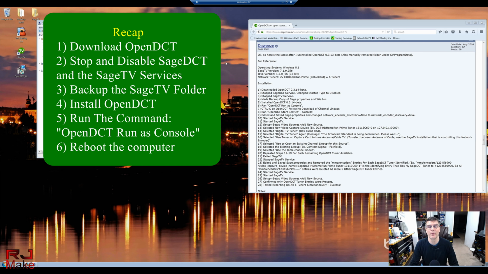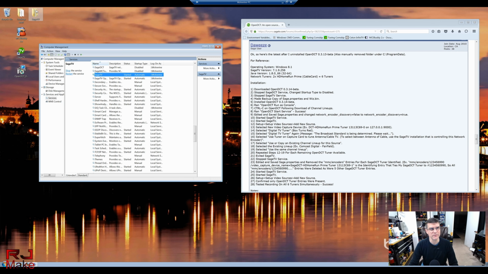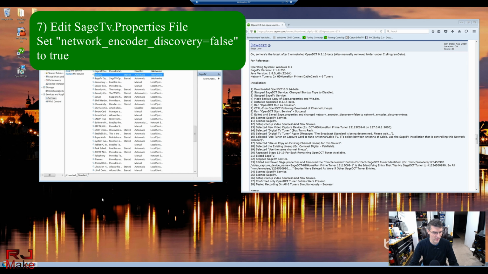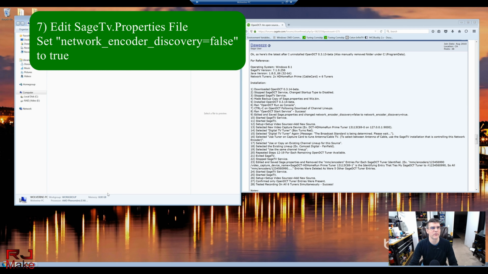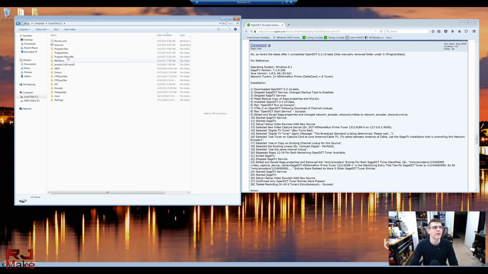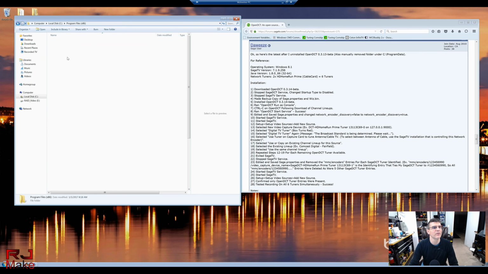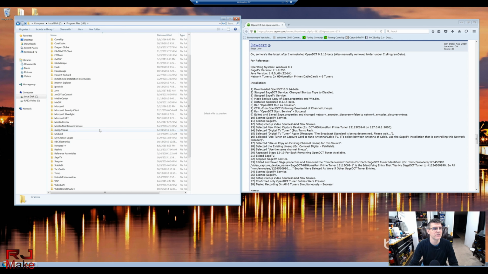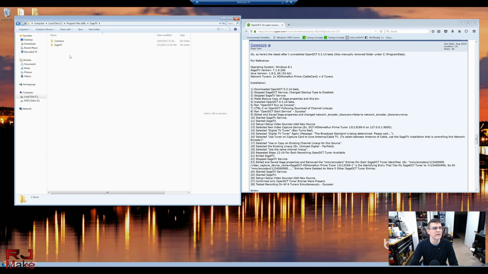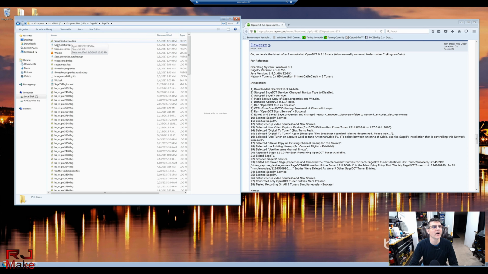So go ahead and reboot, come back. So we need to go ahead into the, find the Sage properties file. You can select Windows key E again, double click on your main drive, select the 32-bit version of Windows file if you're running a 32-bit machine, otherwise it'll just be Program Files. Find the SageTV folder, double click on the next nested SageTV folder, and open up the